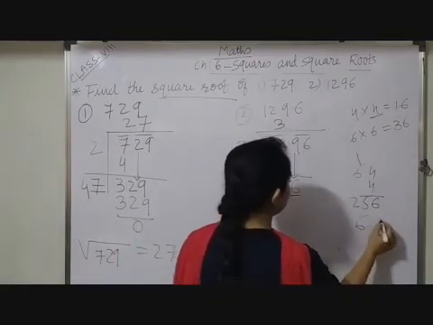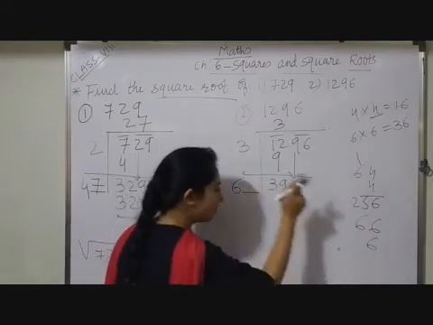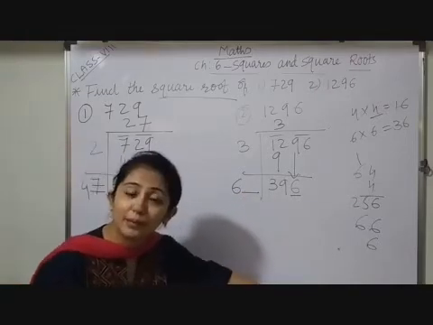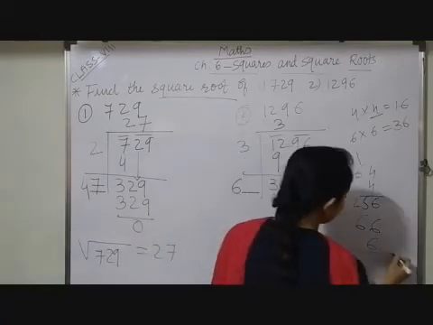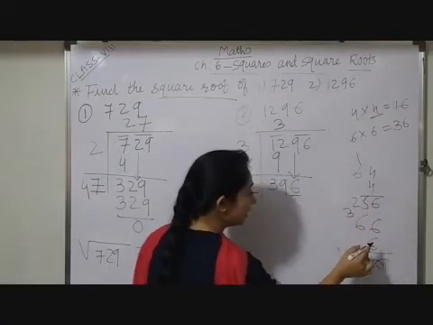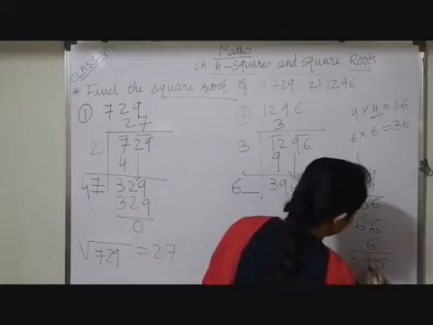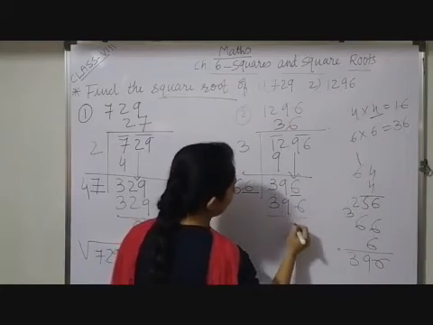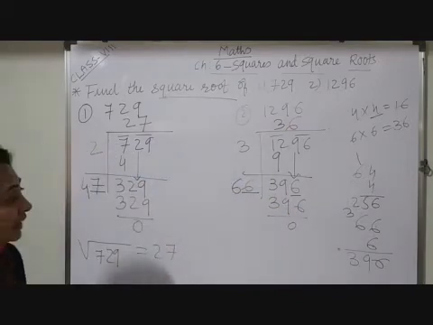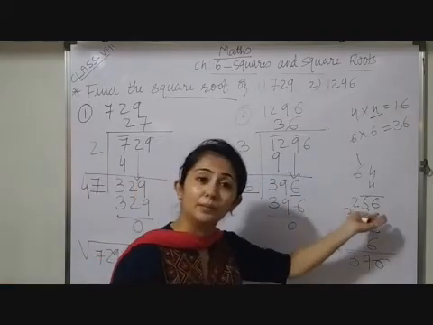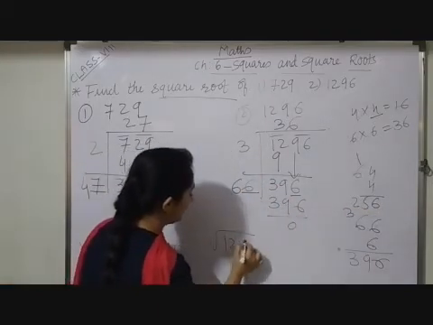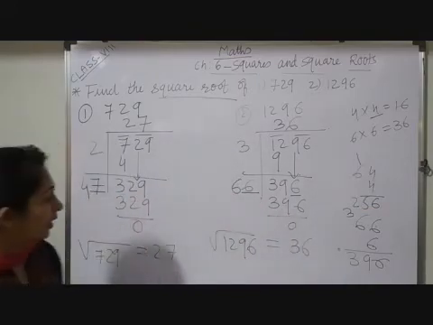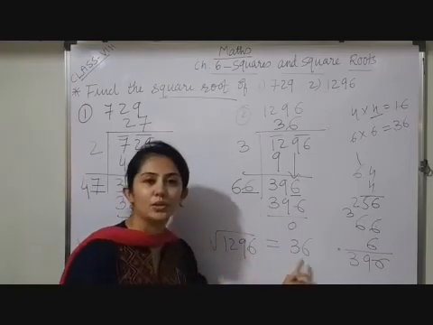So what should I do here? If here I am writing 6, I have to multiply by 6. If here I am writing 7, I have to multiply by 7. If I am writing 9, I have to multiply by 9. Like that you have to do. So 66 6s are, 6 6s are 36, power 3, again 6 6s are 36 plus 3, 39. So you may observe here, 66 6s are 396. While you are subtracting it, you are getting remainder 0. If you are getting remainder 0, it means it is a perfect square number. So the square root of 1296 is equal to 36.